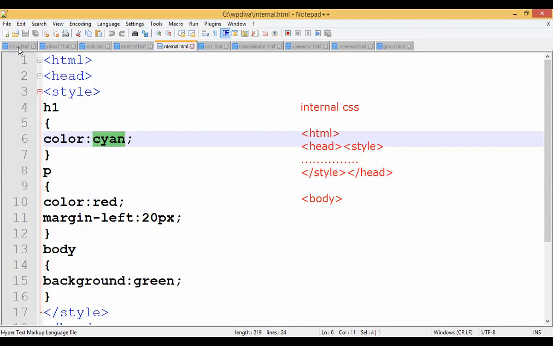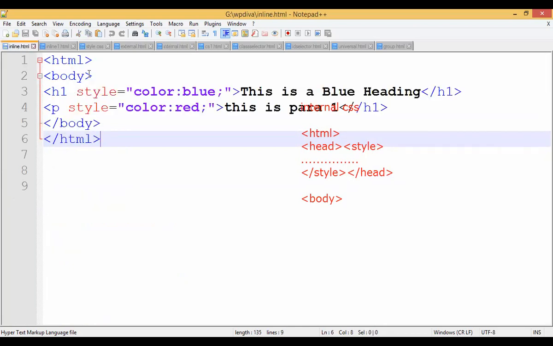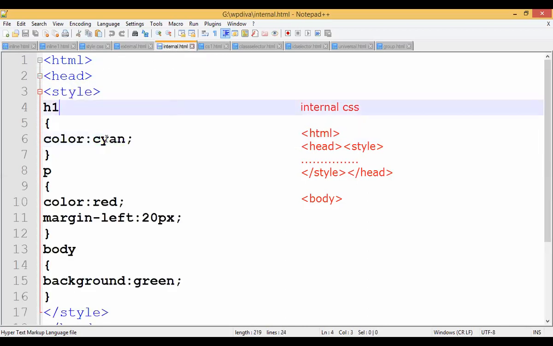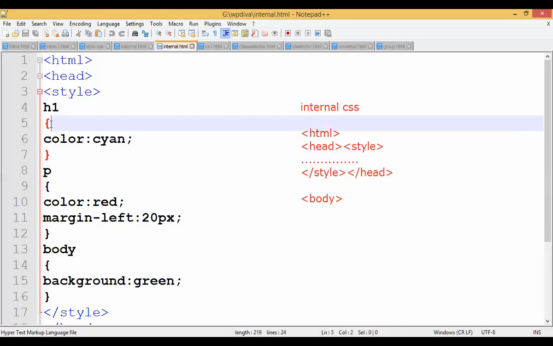When you are using inline, see this is the code for inline, we write it in the body tag. After writing it in the body tag, H1 equals, there you take help of the style attribute within the tag. Where you want to apply the properties, within that tag you write the style attribute. This is the difference between inline CSS and internal. Inline means for whichever tag you want to apply, there you write the properties. So here the style attribute is written into the tag itself. Whereas in internal.html, I am writing that within the head tag, taking help of flower brackets.